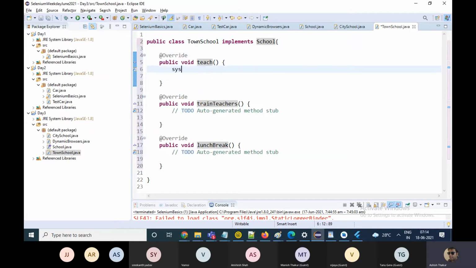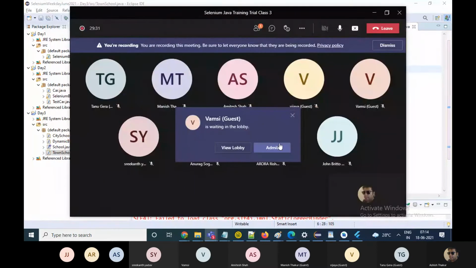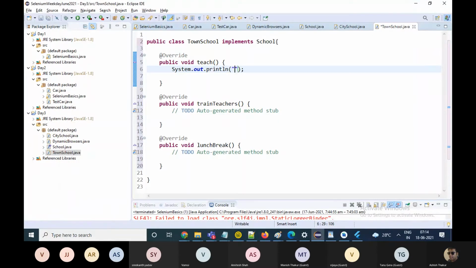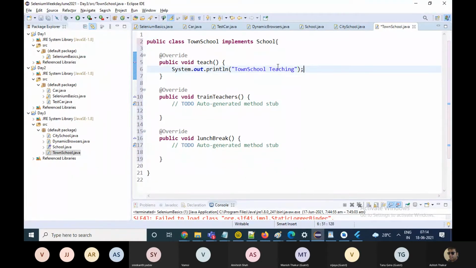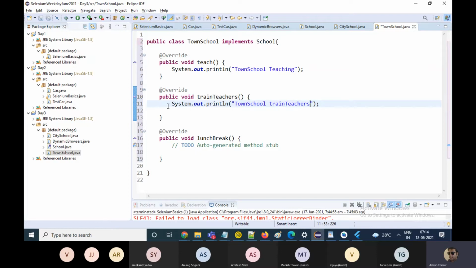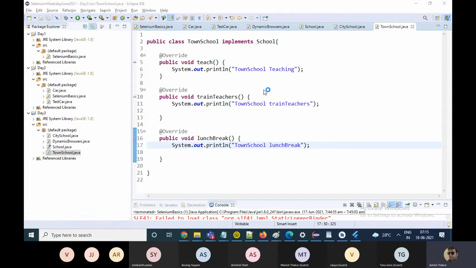And you can write over here town school teaching, and similarly, town school training teachers, and then town school lunch break.